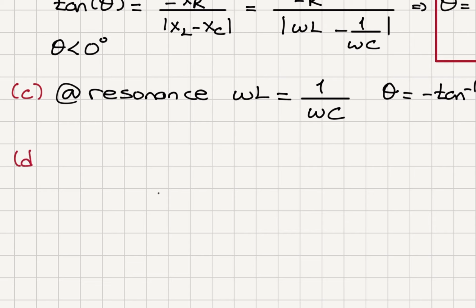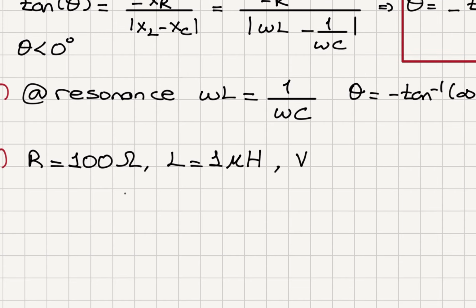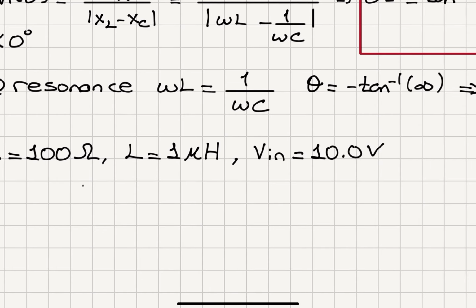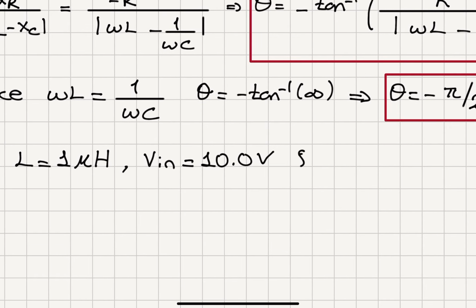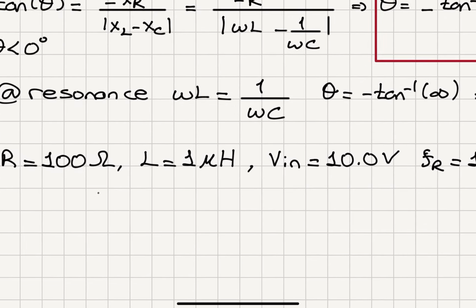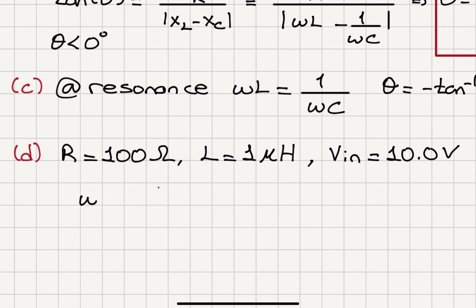Let's move on to part D. Now, we're given the resistance 100 ohms, inductance 1 microhenry, input voltage amplitude 10 volts. The resonance frequency is to be 100 kilohertz. The resonance angular frequency is 1 over